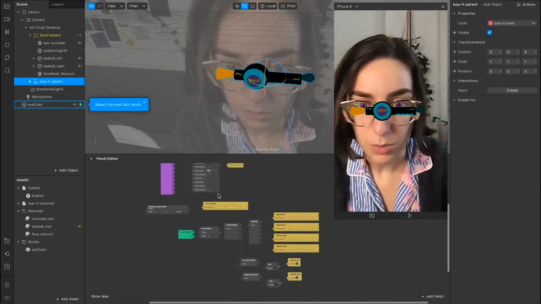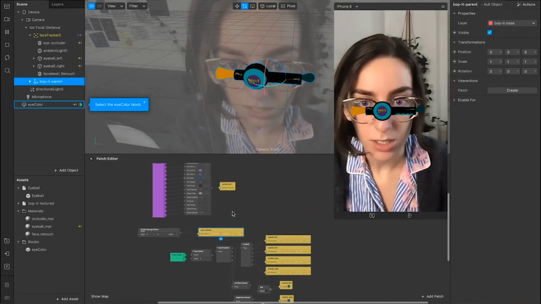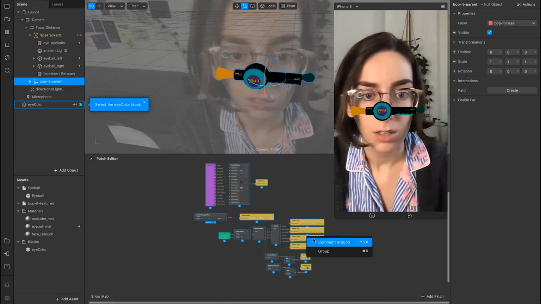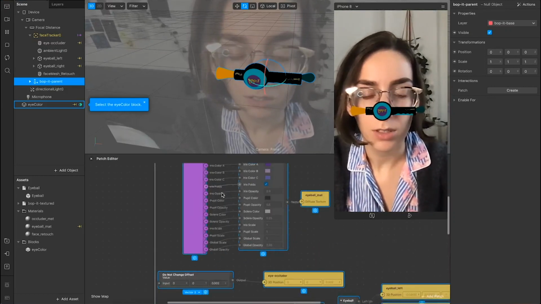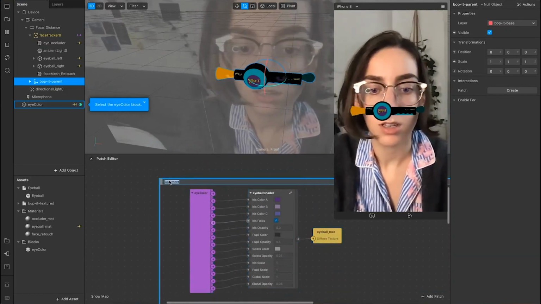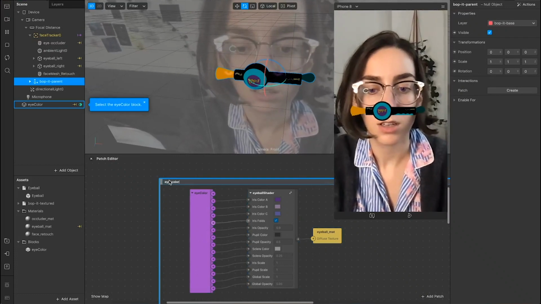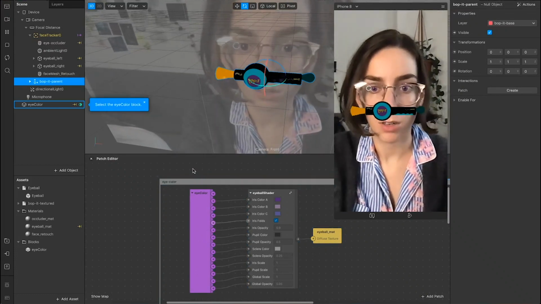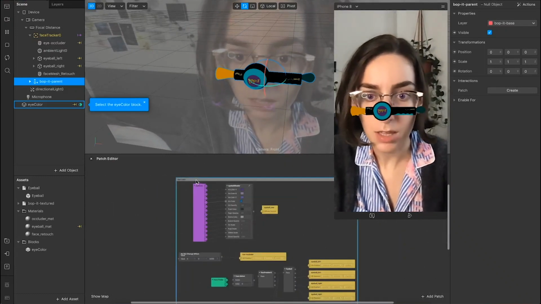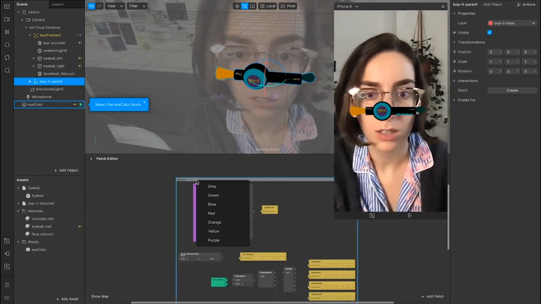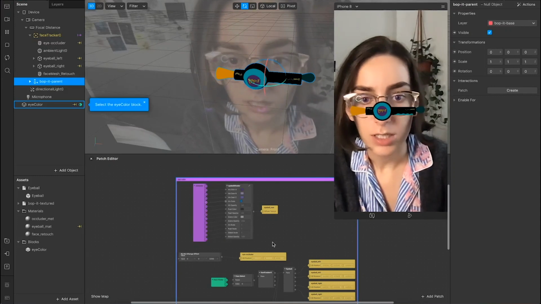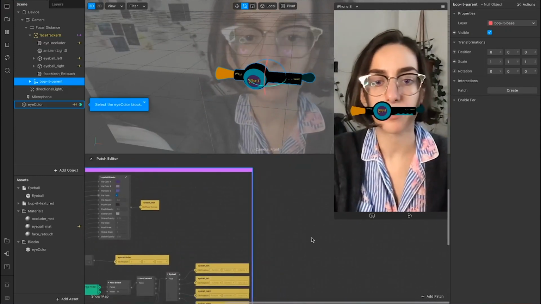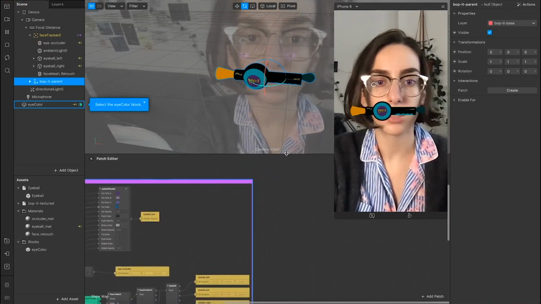I'm also going to attempt to teach you all how to keep an organized patch editor, even though I'm not very good at that. So we are going to comment around this, and we're going to call this eye color. And we're going to make this eye color purple, because the eyes are purple, and that's just how I'm going to remember. I'm going to keep that to the left. So now, let's start to build the logic